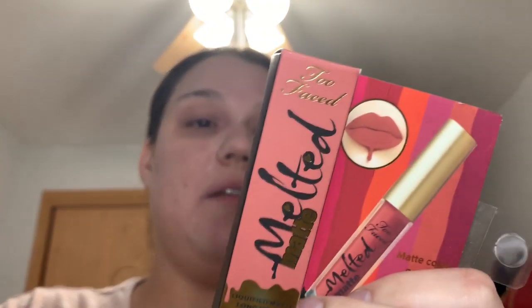That's what I got. I also got the Too Faced Melted Matte from TJ Maxx. This is like $3.99. This was like a steal. I think these are like $18, $19. Called Sell Out is what it looked like. Very pretty. And then I will have to see if I want to use that because I also have the